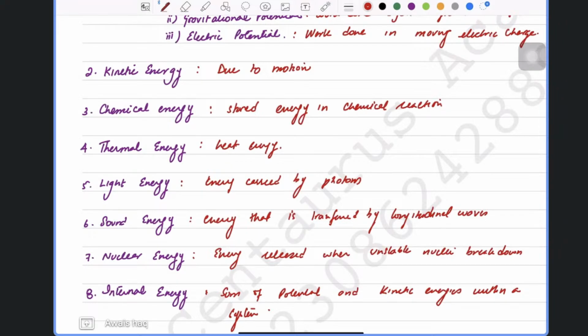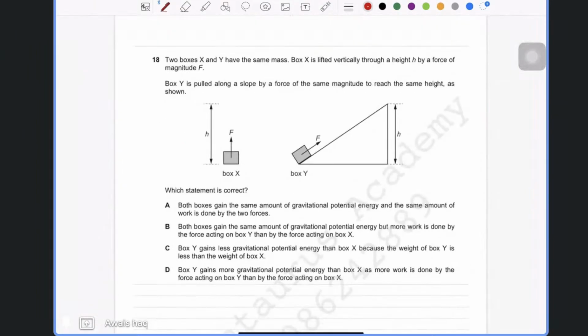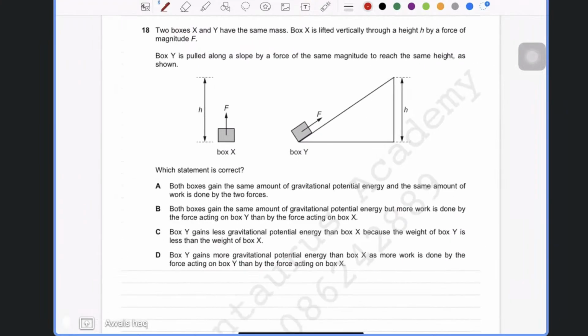Okay, going to the next then. So, for example, in this sort of question, it says two boxes x and y have the same mass. Box x is lifted vertically through a height h by a force of magnitude f. The box y is pulled along the slope by a force of the same magnitude to reach the same height as shown. Now, what it says is that